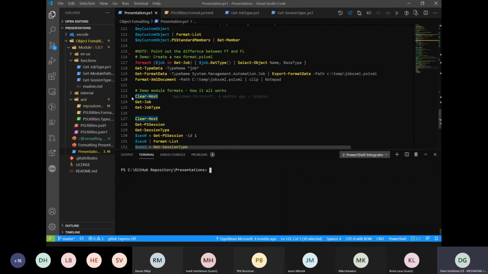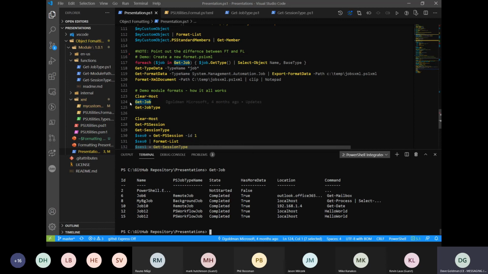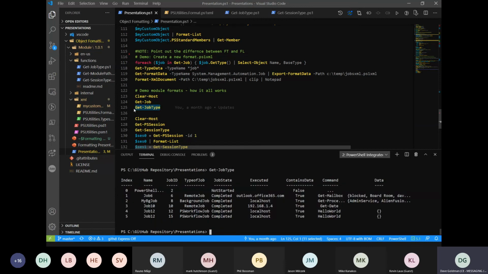So I'm going to clear my host, and I'm going to show you, this is get job. This is what I ran in the beginning to set up the session, just to have some data here. So I created some background jobs, some workflow, remote job. And for my get job type, this is what I have come back. For me, I find it incredibly frustrating when I'm working with jobs and I run a receive job and I end up throwing the data away because I didn't use the keep command.